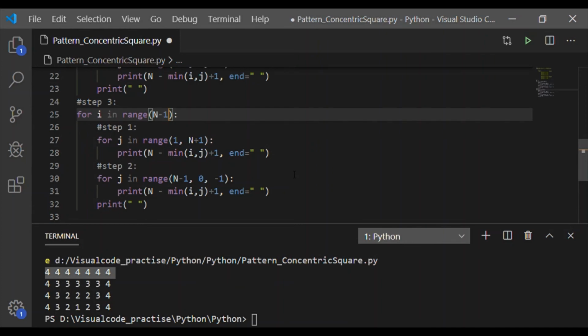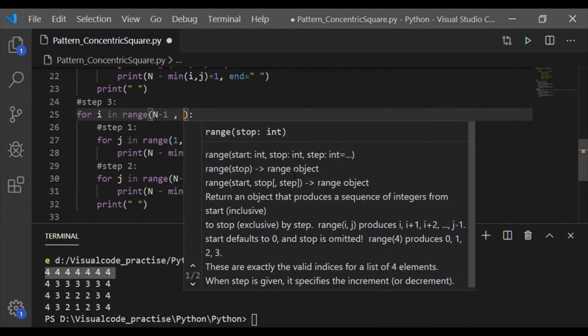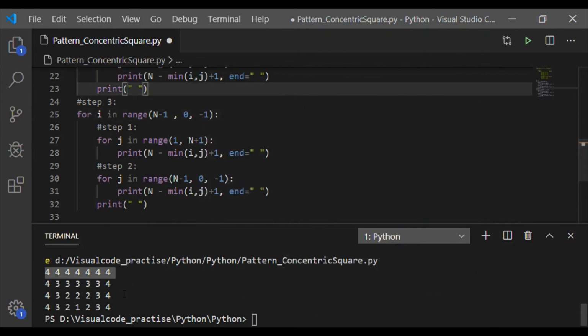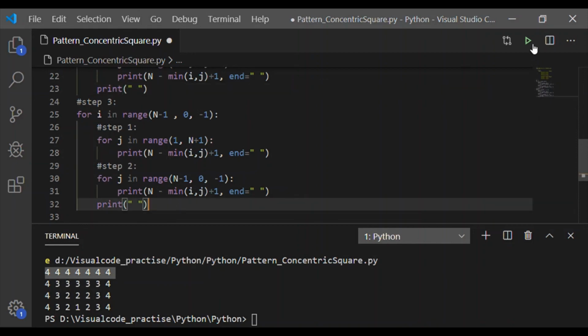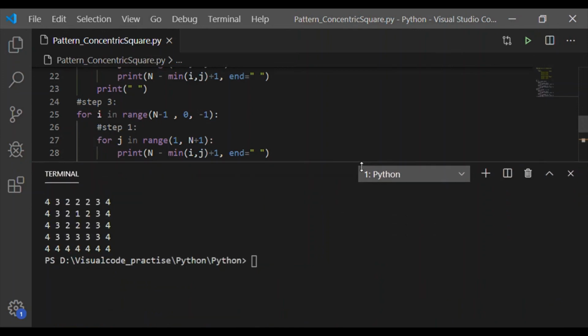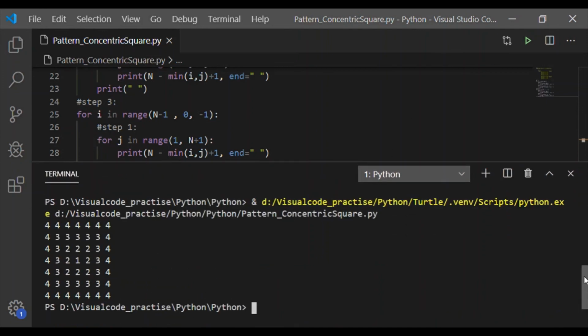As the end value in the range is exclusive, we will go up to 0, and the row value will take i equal to 3, 2 and 1. Let us execute this program which includes step 3. As we can see in the terminal window, we got our concentric square pattern of size 4,